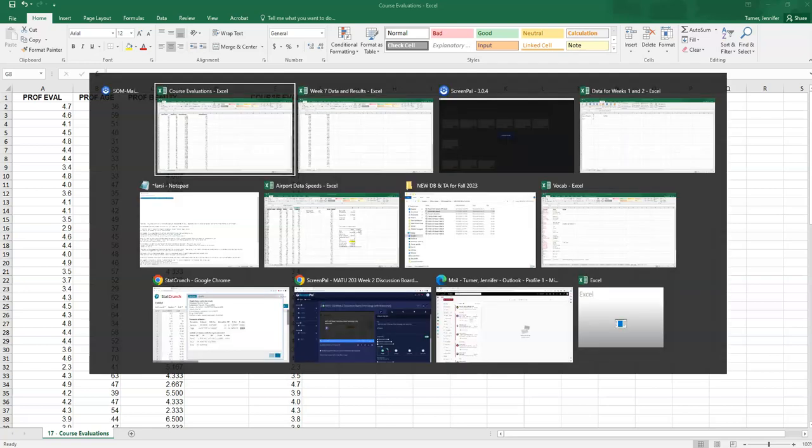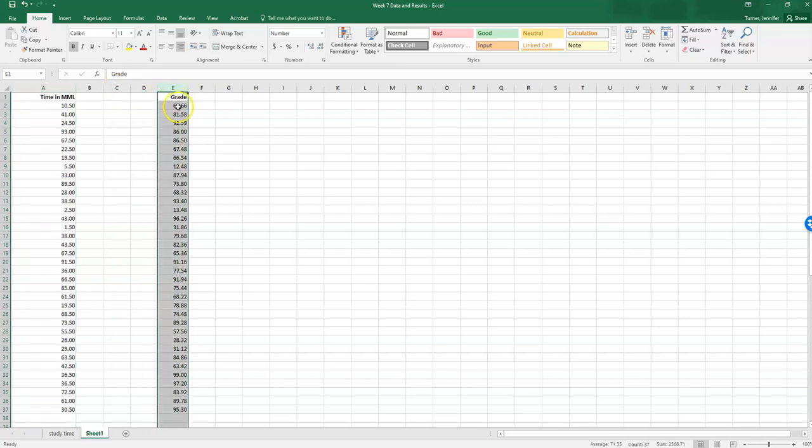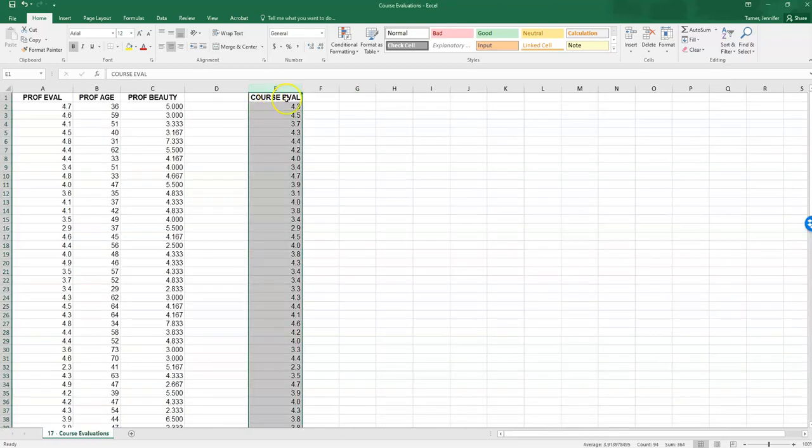For this example, we are going to use this data here, which is looking at whether or not there is a correlation between the time a student spends in my math lab and the final grade they get in class. So in your assignment, you are going to be using the course evaluation column as the dependent variable,